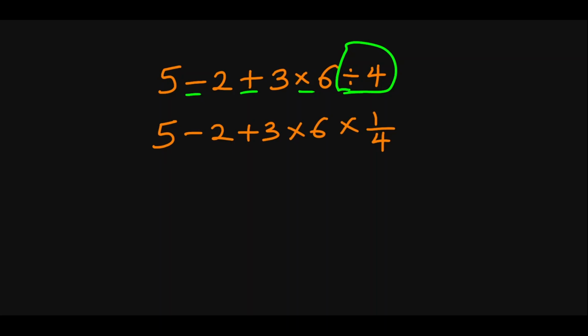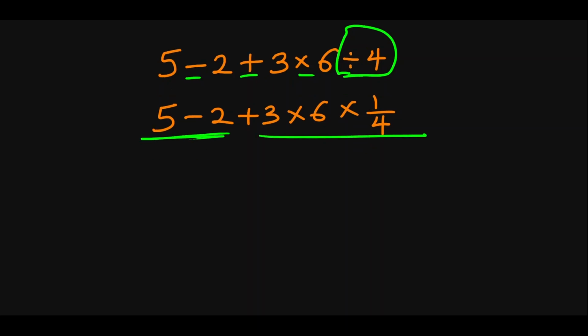We will now use the order of operations. Based on the order of operations, the multiplication family comes before the addition family, which means we are going to solve this first before we now factor in this. So that gives us, if we cancel this out, 2 into 4 gives us 2, 2 into 6 here will give us 3. So if we multiply what is left, 3 times 3, 9, 9 over 2. So this gives us 5 minus 2 plus 9 over 2.